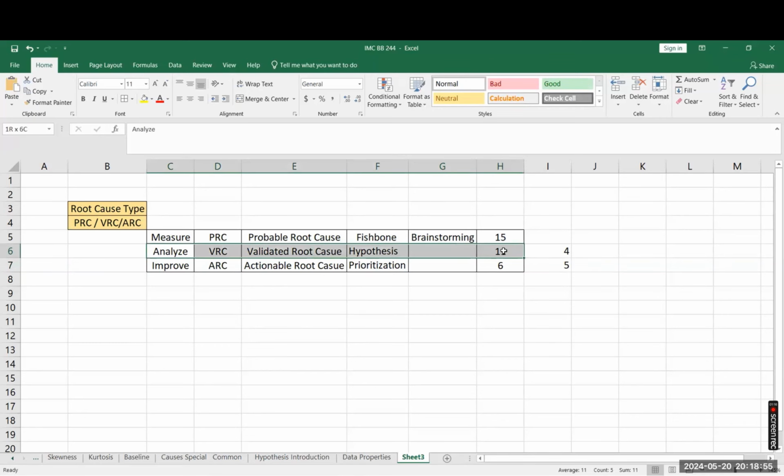Even when you have validated 11, there are few things where your client is saying no. You understand these are the things impacting your productivity, but the client is saying no, I will not give the go-ahead for this. I don't have budget, I don't have resources and so many things. Because of that, you are dropping them. And that's how we are left with only 6 out of 15 that we can take action on. Yes, it's clear now.